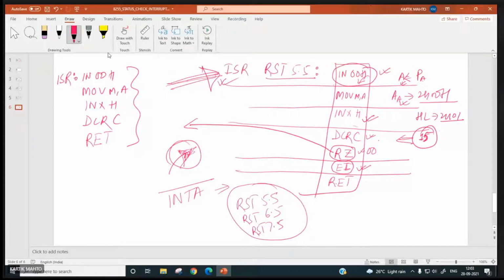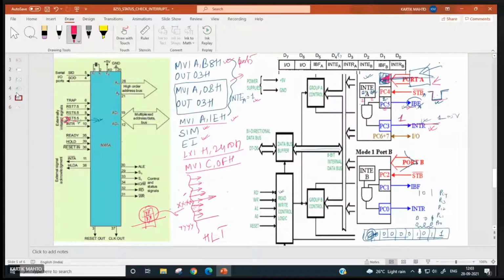Sir, we didn't enable the interrupt. Right. It will return to the main program, and even though the next time a new valid data is inputted over here, INTR is generated and it comes to RST 5.5, but the processor is not going to branch to the ISR of RST 5.5. Is this point clear to you?